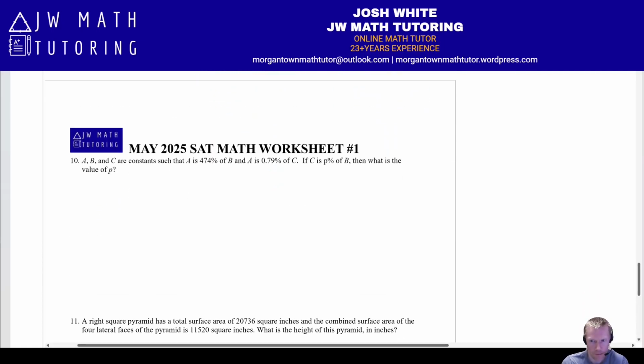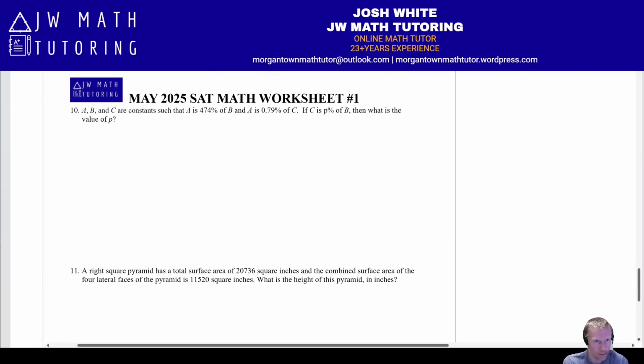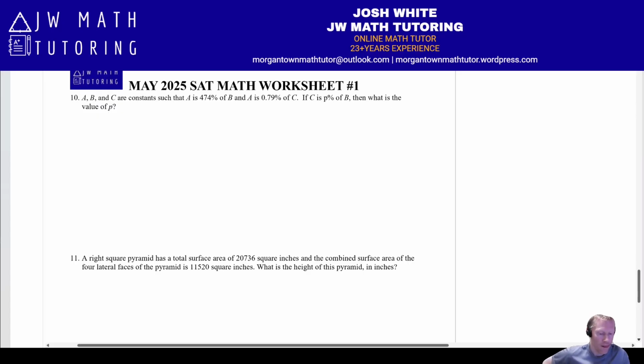All right, let's go to the top of the last page. Let's look at problem number 10. Here we have a percentage problem. We've seen a lot of these actually going back last year and also on the Blue Book practice test as well, where you have like 3 different constants, and this one's a percentage of that one, and that one's a percentage of a third one, and so on and so forth. So on this one, if you want to do this by hand, which I'll show first,